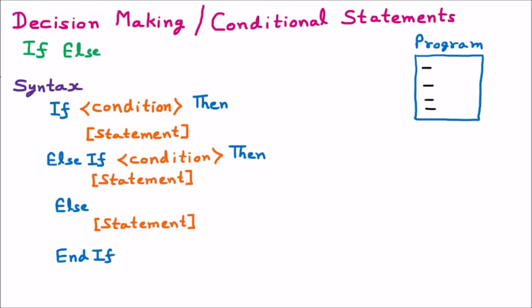Now out of these 4 lines, if I want that only the first line and the third line should be executed and all other lines should not be executed, here I am making some decision. This is called decision making or the conditional statement. So the control structure where we define that this part will run and this part will not run is called decision making or the conditional statement.